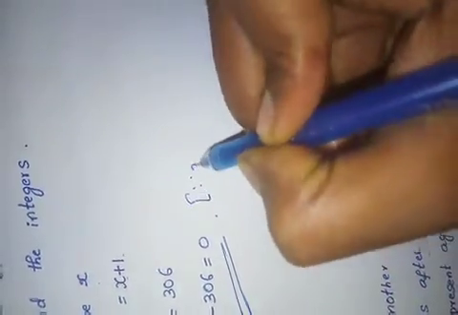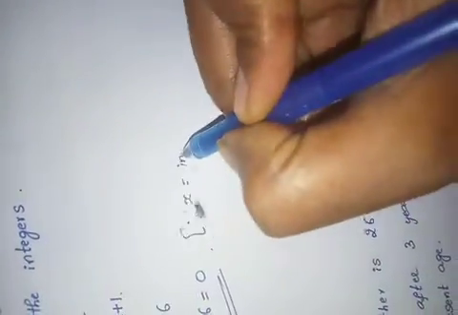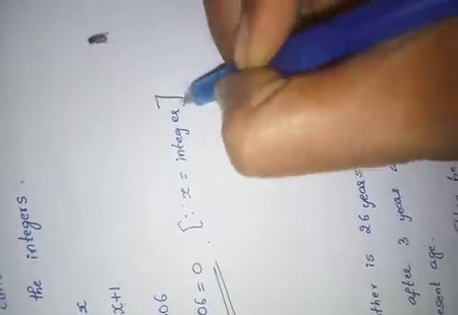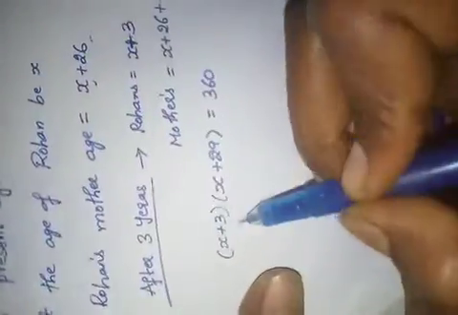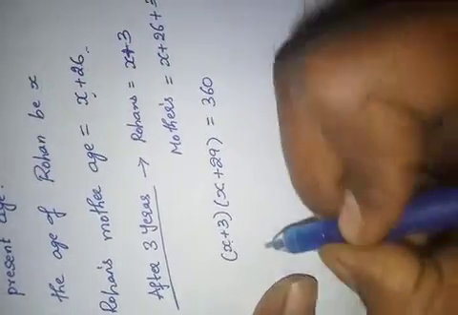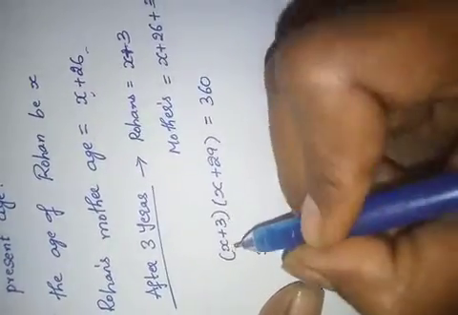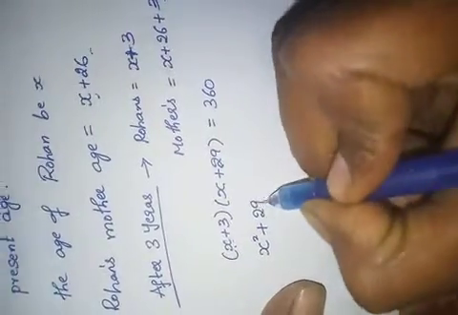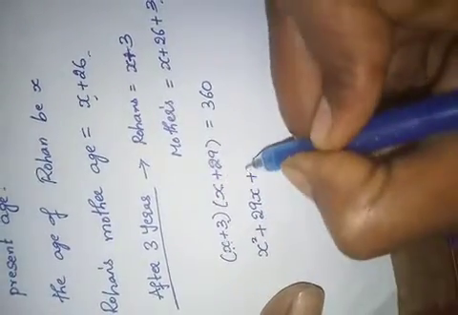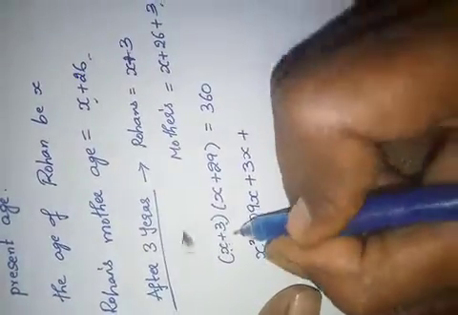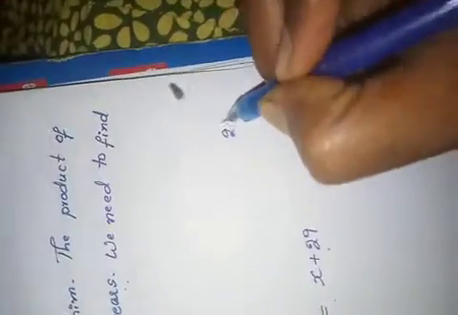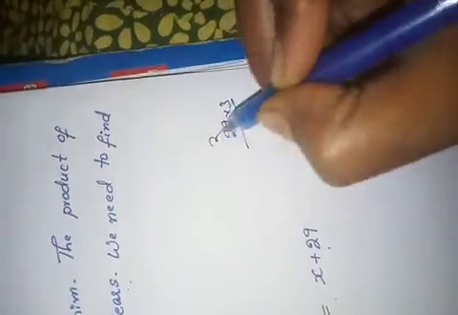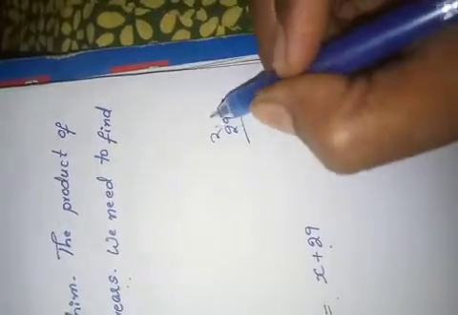See here. Here I didn't write x, no? Since x equals what, ma? Integer. Mention this, ma? Small integer. Because this is the bigger one, no? Plus 1, no? Okay. See here. Again, now multiply with this. x into x, x square, plus 29 into x, 29x, plus 3 into x, 3x, plus 3 into 29. 29 into 3. Do this. 9 3s are 27. 3 2s are 6, 7, 8. 87.